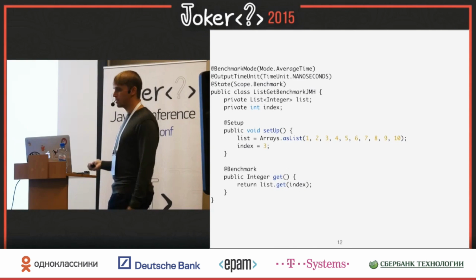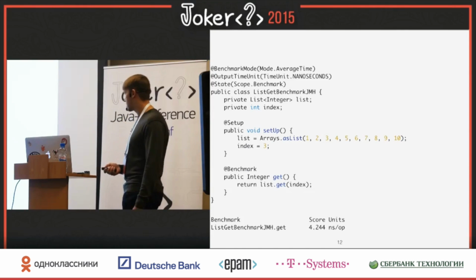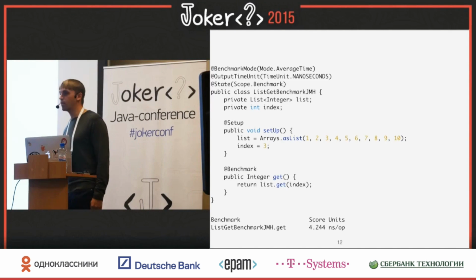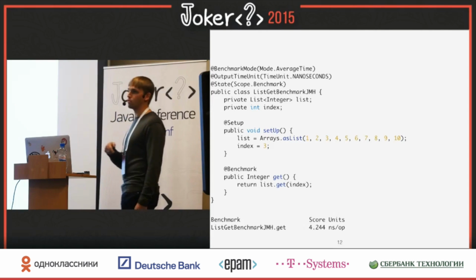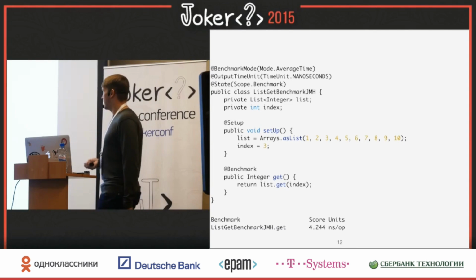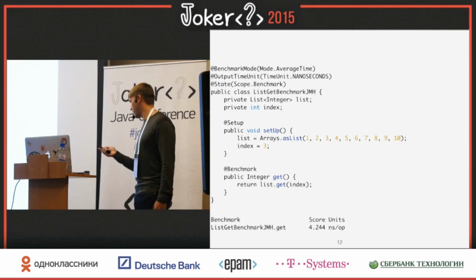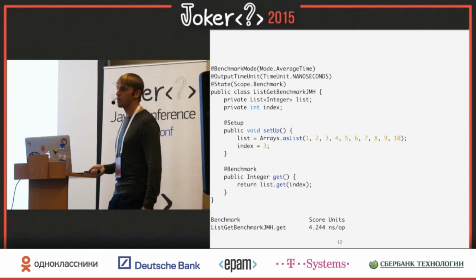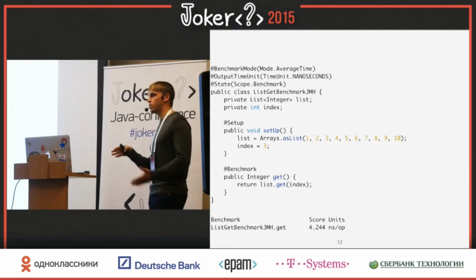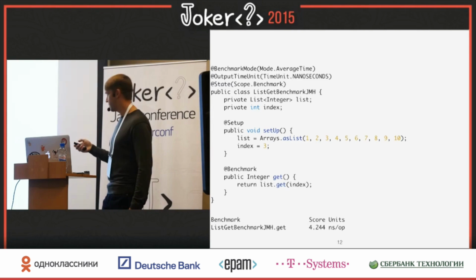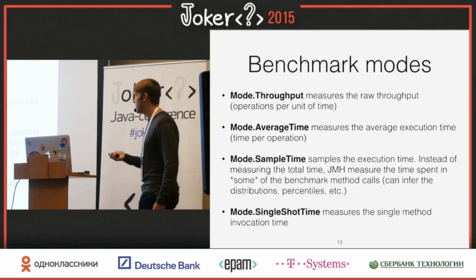So now if you run this, we get the following results. Now all of a sudden list get costs 4.2 nanoseconds, or 1.5 times different from hand-rolled. So I would rather believe this number than another one. This can also be verified if we create, for instance, an empty benchmark method and see that it also costs something. So the harness makes sure that even if you have an empty method, it's going to call it and measure the cost of the call. Unlike your own implementation, where that code would just be eliminated.